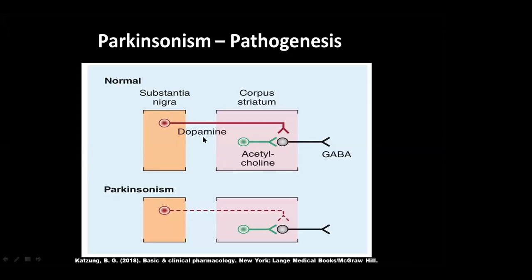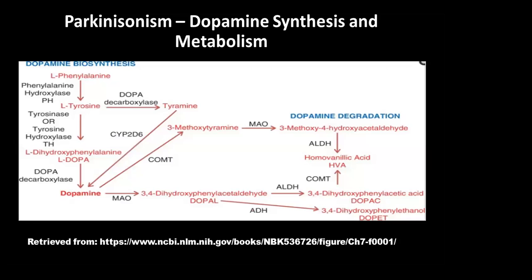So in here, this is a simple figure that explains the pathogenesis of Parkinsonism. This is due to the depletion of the dopamine that causes the imbalance between the direct and indirect pathway, leading to movement disorder. So before we go to the medications or the treatment or management of Parkinsonism, we have to explain first